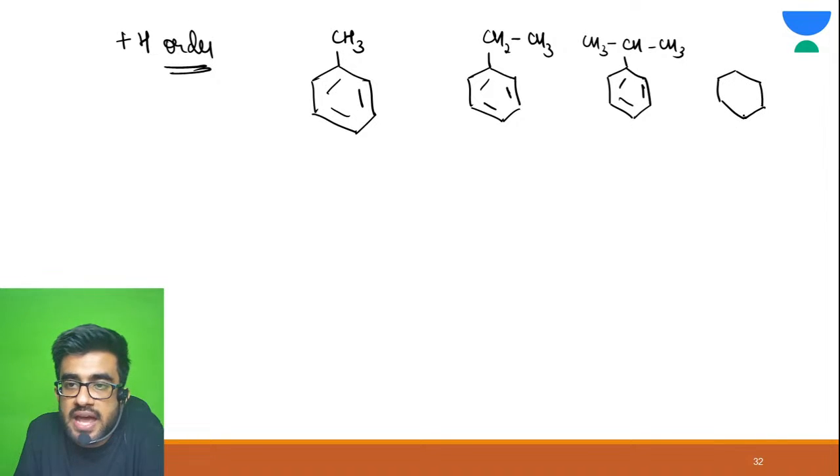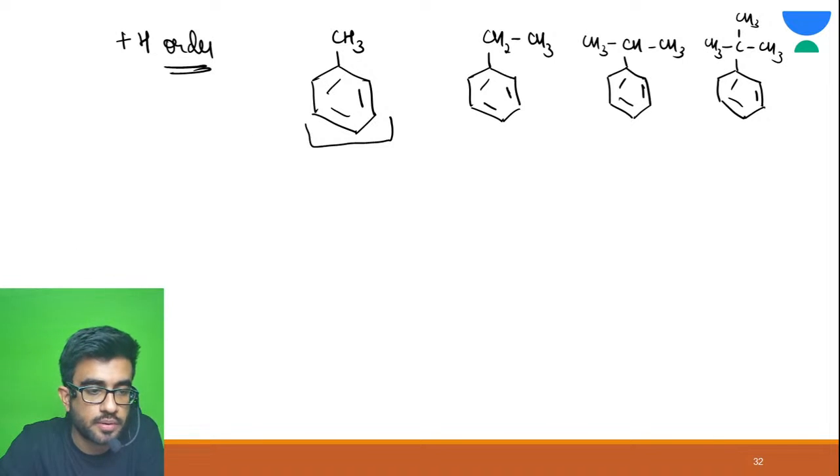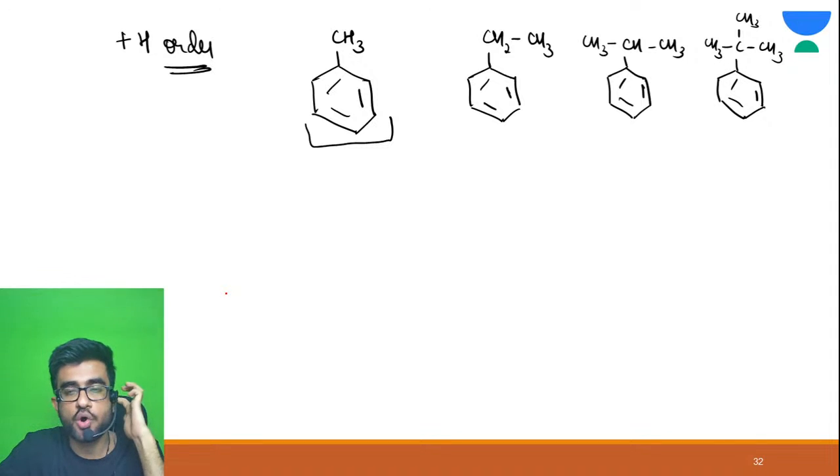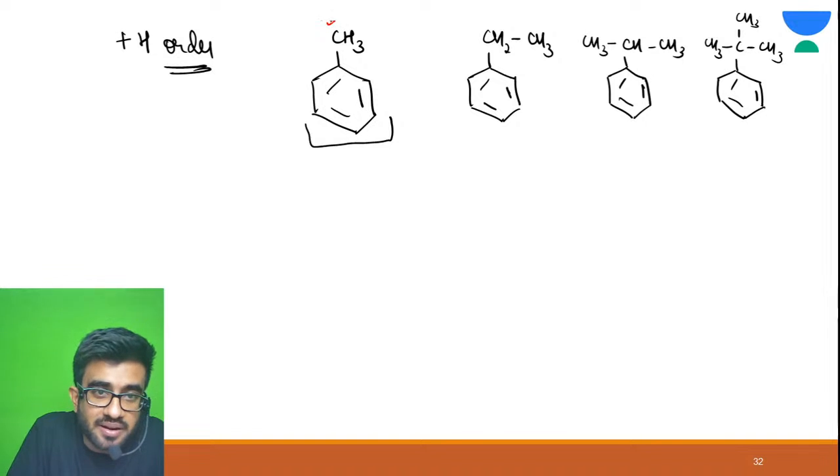Just tell me alpha hydrogen in all these structures. Consider benzene as your main structure. Come on. Tell me alpha hydrogen in all these structures. Fantastic, Harsha, Rajni, great. Yes, only this carbon